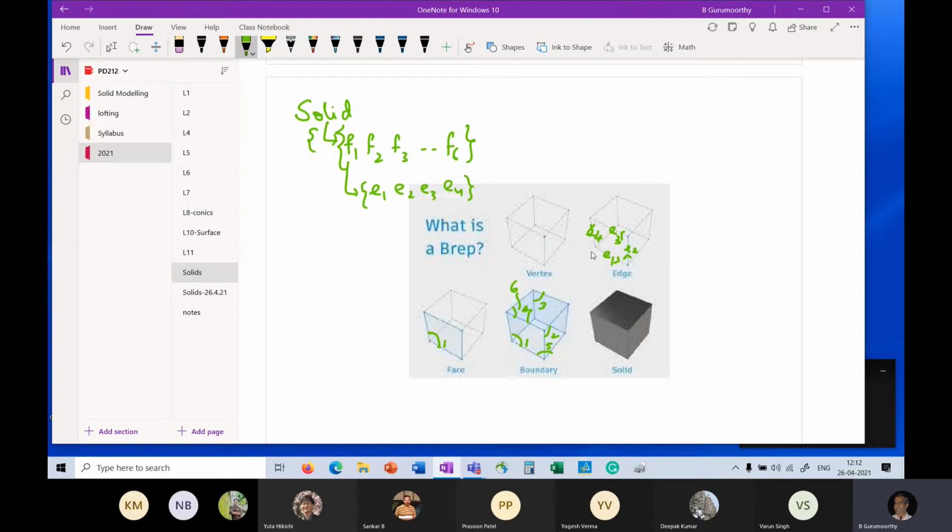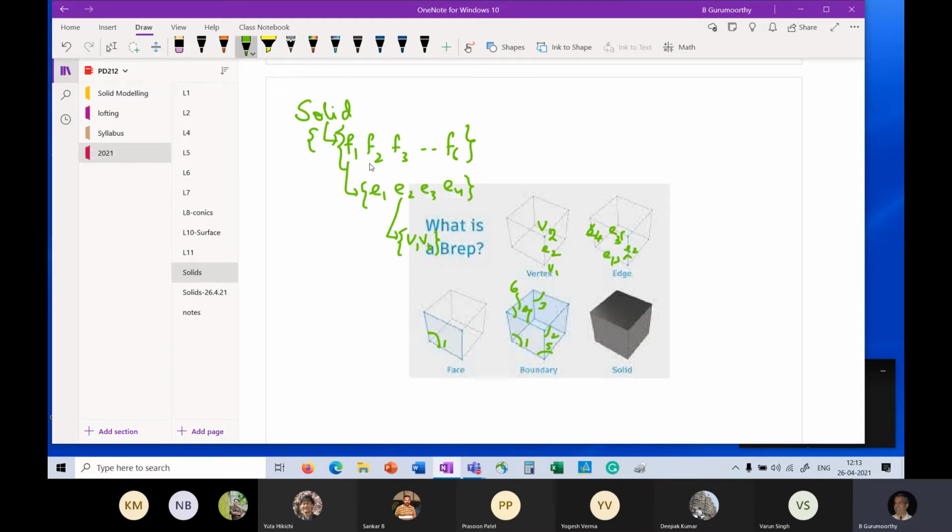And then each edge in turn, so this is E2, and I'll drop that down here, and it has this as the representation, V1, V2, the 2 endpoints. Okay. So this represents, in some sense, the connectivity or the topology of the elements.